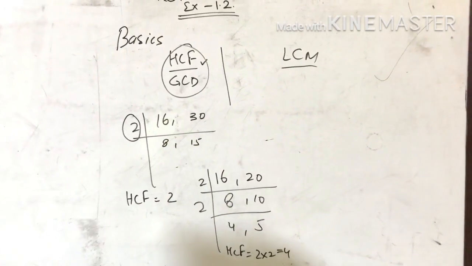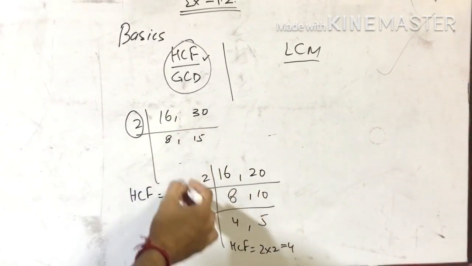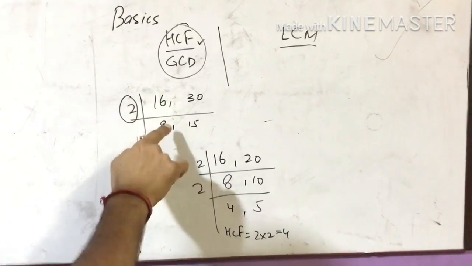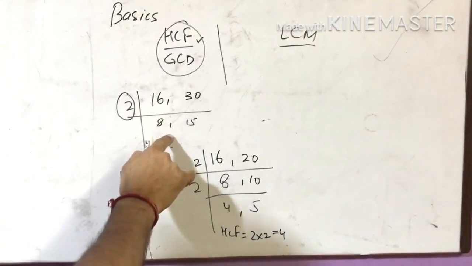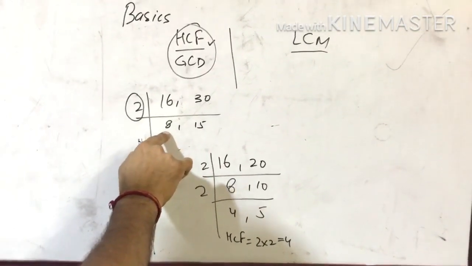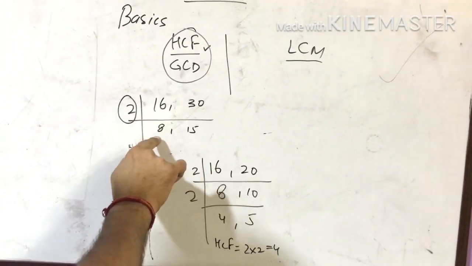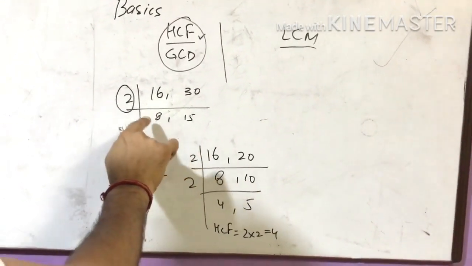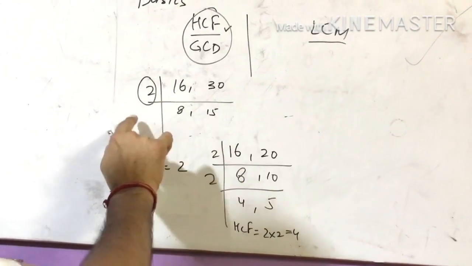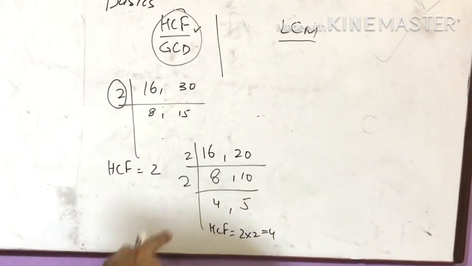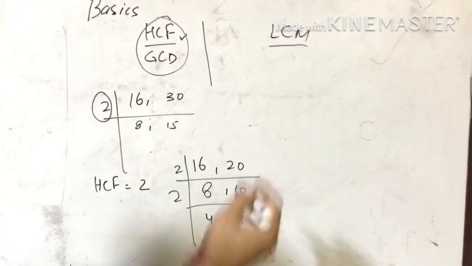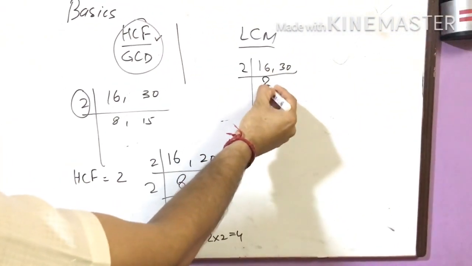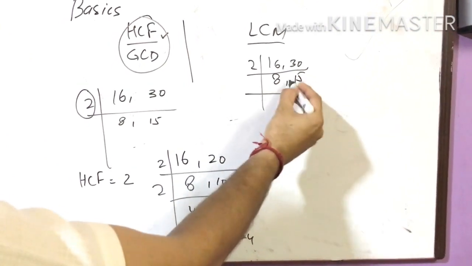By doing all these things, you can see it is very much similar to the LCM method, but in LCM we don't stop at a single number. In HCF we have to continually divide till we do not get any number which can divide both the numbers. So you have to stop here for HCF. But as far as LCM is concerned, for 60 and 30, you don't have to stop here.